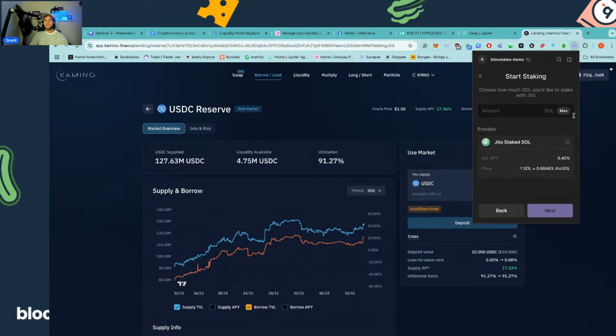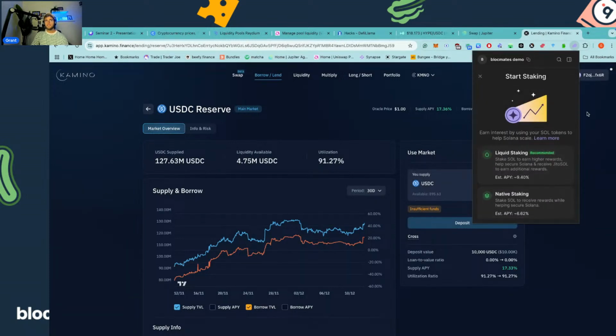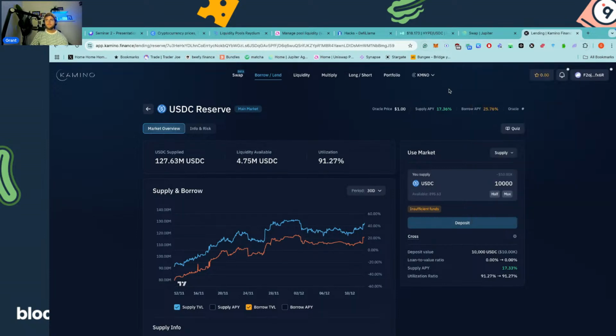and you can do it directly in Phantom. So you basically just choose how much you want to deposit, and when you do deposit, you're going to earn 9.4% currently on your Solana. You do not need to do anything. Just leave it as it is. It could be called Jito Sol, and that's it. It just compounds. You do not need to do anything. That's basically liquid staking. So there's a good 9.4% earning,